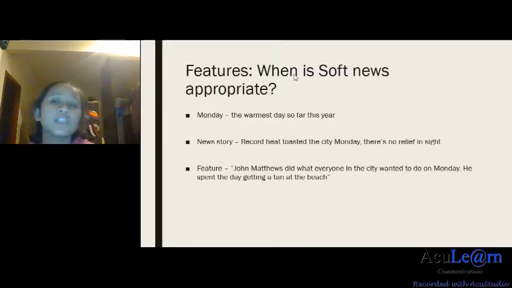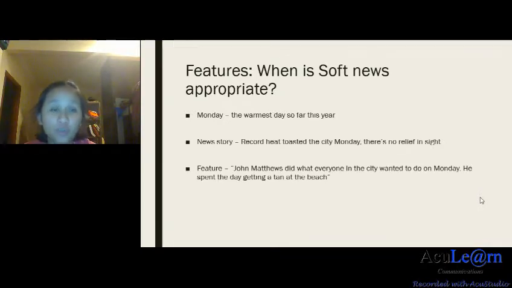And features, when is soft news appropriate? Okay, let's look at this news writing style right here. So for example here, if I give you the sentence, Monday, the warmest day so far this year, if you write it in a hard news story style, record heat toasted the city Monday, there's no relief in sight. It's very hot, it's very important, it's very heady. But when you write it in terms of a feature way,